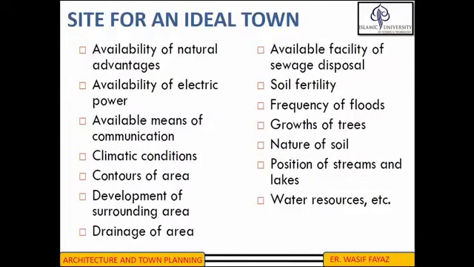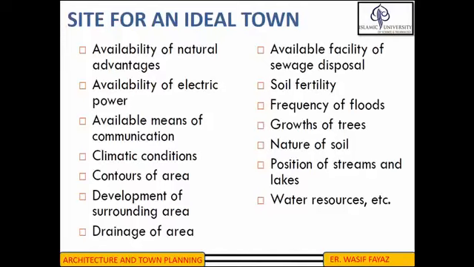Now, site for an ideal town. The physical characteristics of a site play an important role in determining the position of the proposed town. The important features to be considered for the site of an ideal town include availability of natural advantages, availability of electrical power, availability of means of communication, the climatic conditions should be conducive, the contour of the area should be conducive, there should be development in the surrounding area, the drainage of the area should be good, otherwise